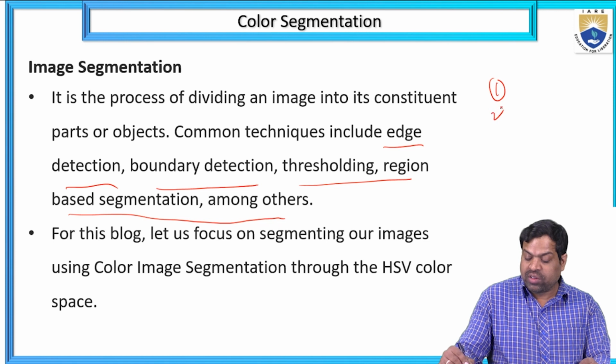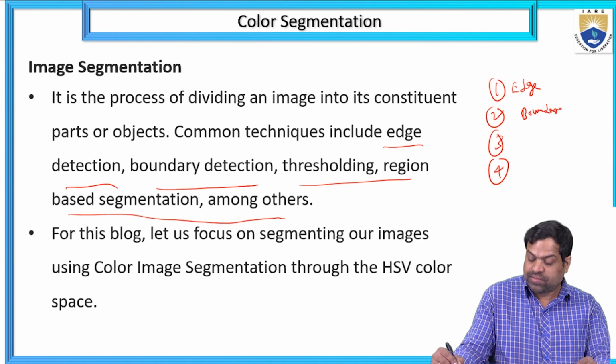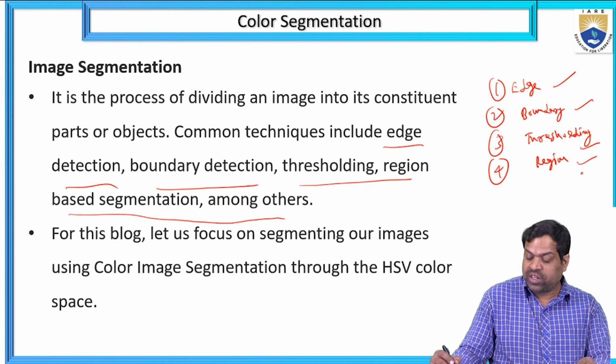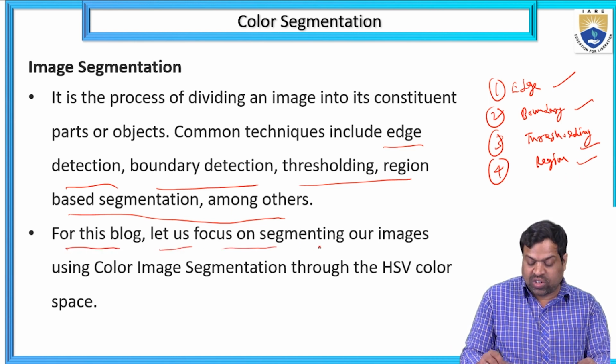Here I am taking four types of segmentation. The first one is edge detection, the second one is boundary, the third one is thresholding, the fourth one is region. So when I am going for edge detection, boundary, thresholding and region based segmentation,